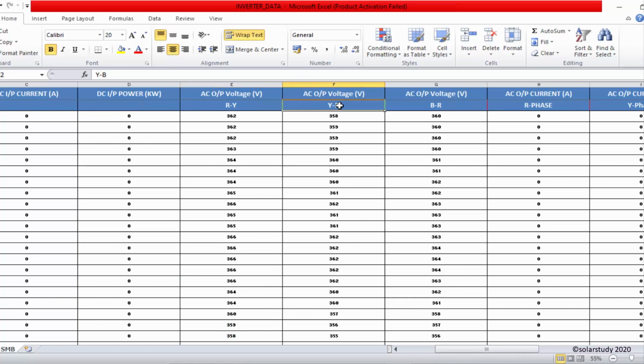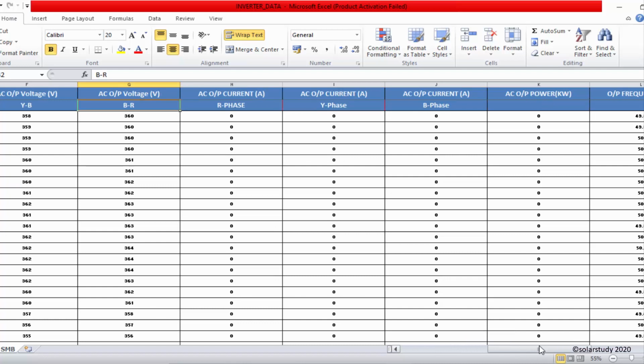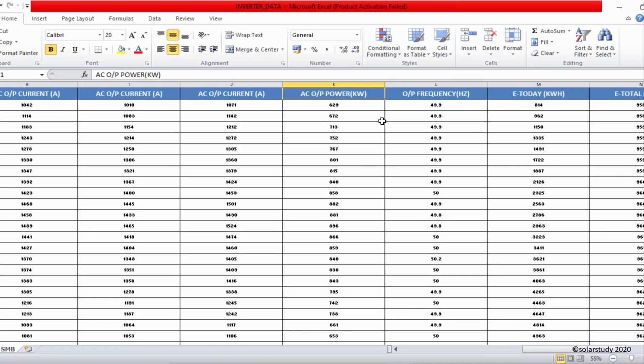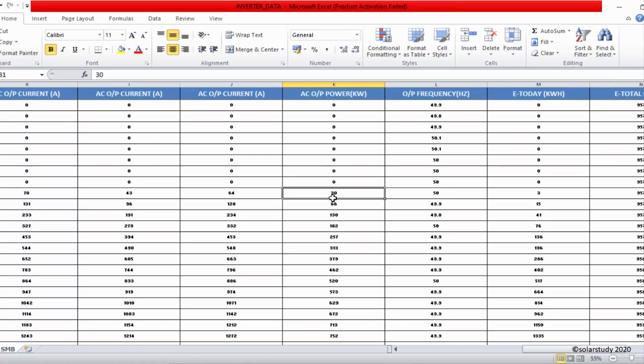Then similarly for Y and B, B and R. Then they have also given each phase current, R phase, Y phase, B phase. Then finally output power, in kilowatts, 18,800 kilowatt. In the morning I will get around 130 kilowatt.